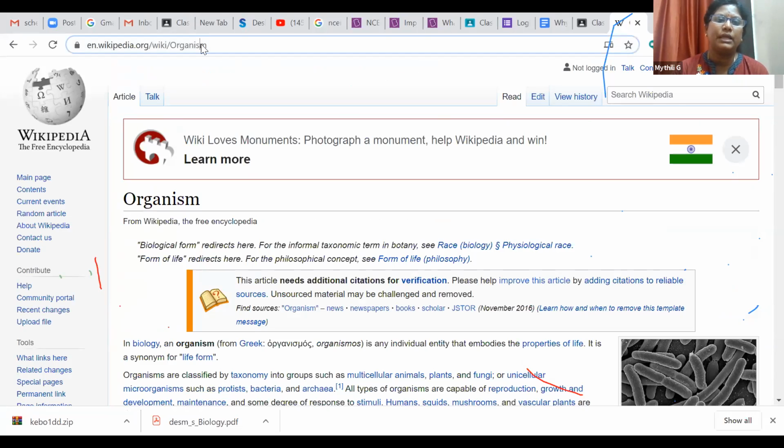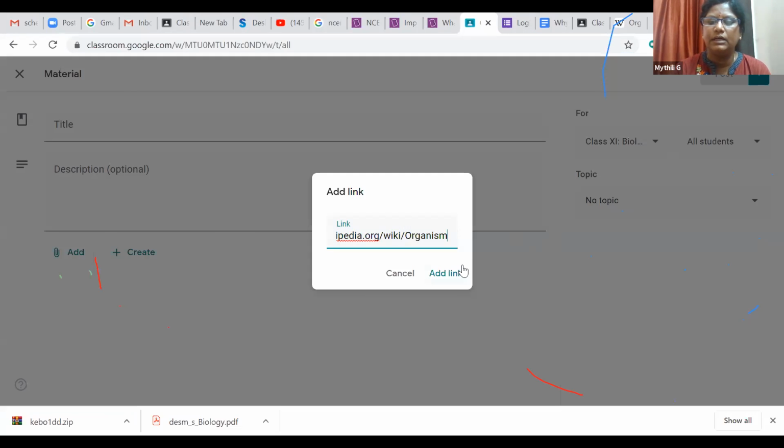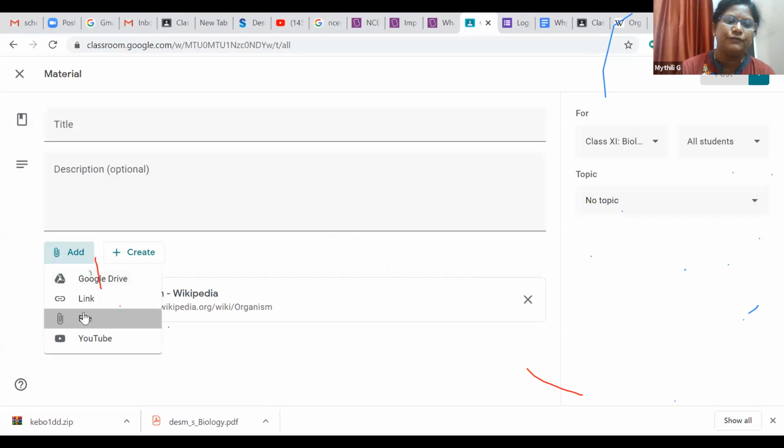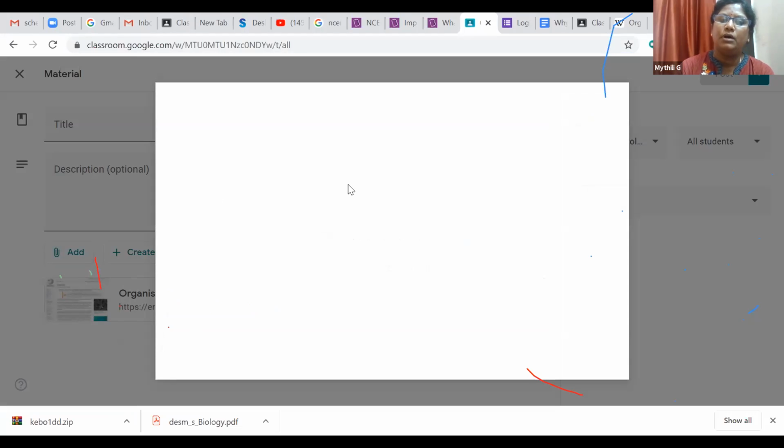So I can take this link, come to my classroom, and add the link here. This link will be available to the students for extra reference apart from your own content. I can also add the content from a file itself.